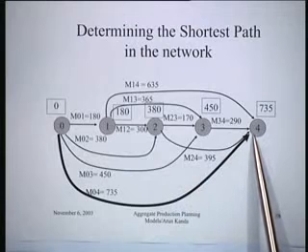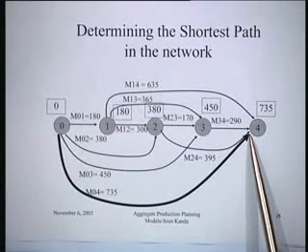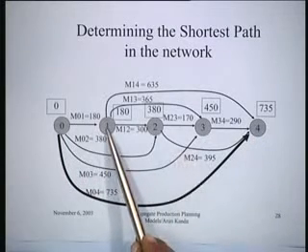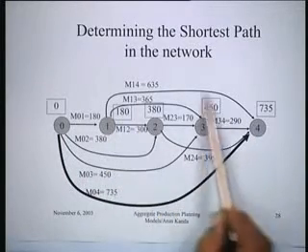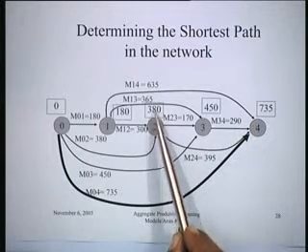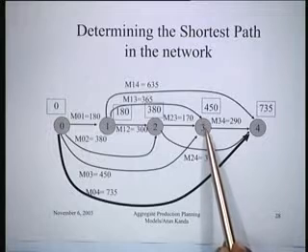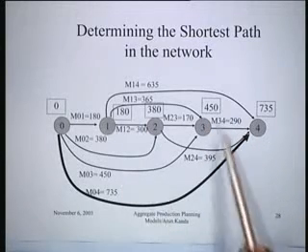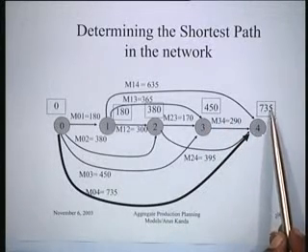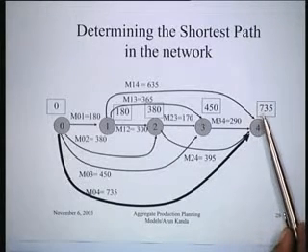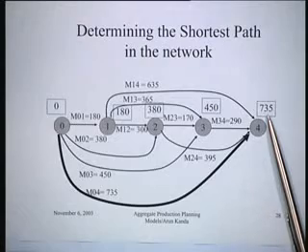you have to take the minimand over 4 values. Which are those 4 values? You will have M04, plus M1 plus M14, M2 which is 380 plus M24, and this is 3 which is 450 plus 290, and the minimum of these 4 values is 735. So ultimately when you compute the boxed value at the terminal node, you have found out the optimal solution. The optimal solution to this problem says that the minimum cost will be 735 units,